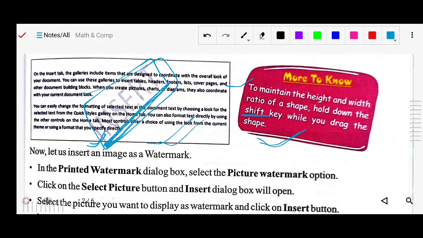The same method you can apply here for the watermark: press the Shift key on your keyboard and drag your mouse. It will be adjusted in the same ratio.